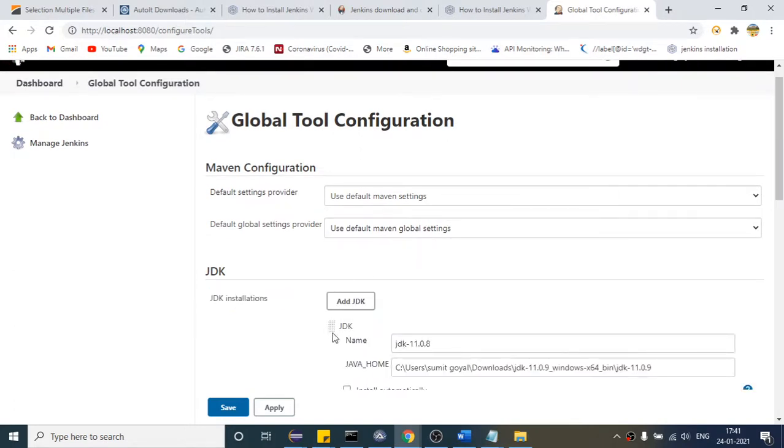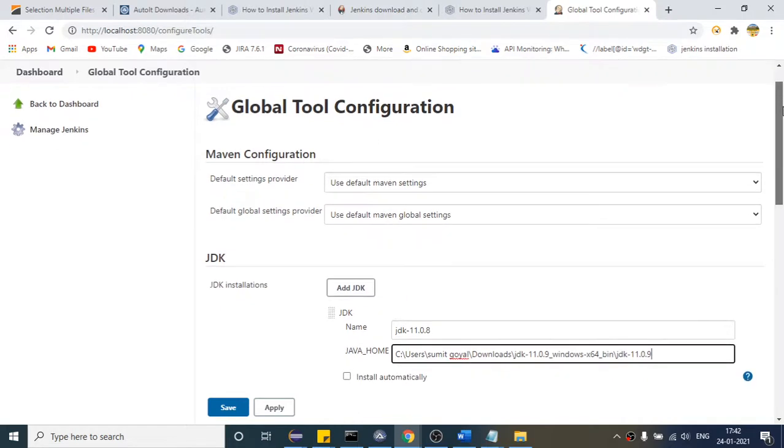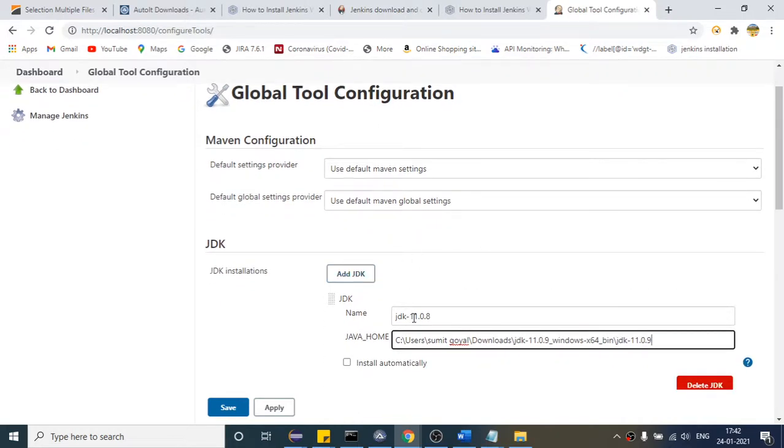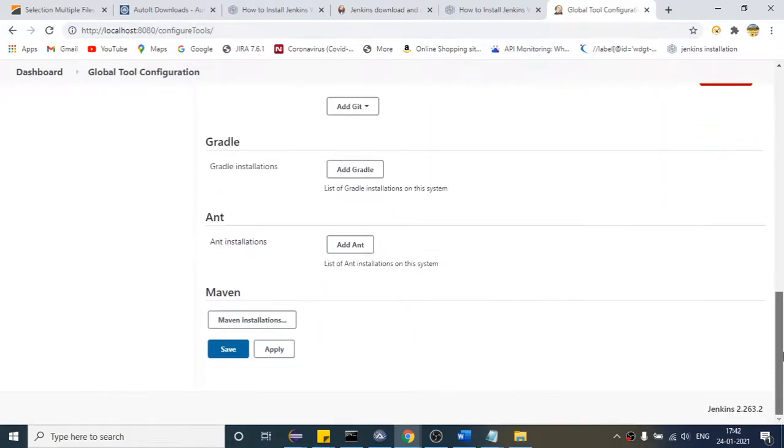Here I have given the name. You can also give any name, that is not an issue. But here you have to provide the complete path where my JDK folder is present, just like we did for the environment variable. So provide this one. This is our first one. Just click on this and provide the two fields. And if you come down, some errors are coming, you can ignore that.